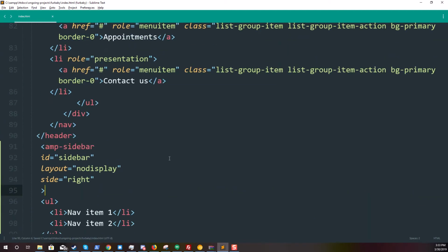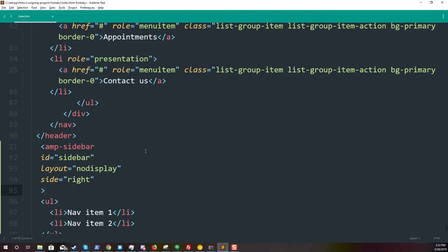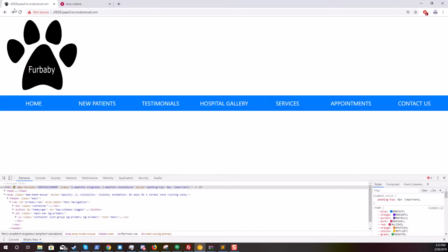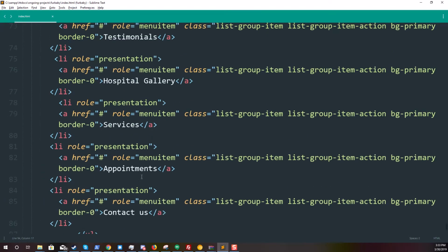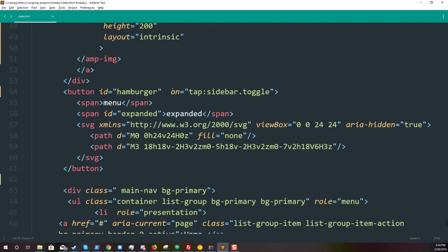Okay, so now we have the sidebar and it's perfectly functional. Everything seems cool. However, we need to invoke it. Right now it is not displaying. If we go back to our site, the sidebar is nowhere to be seen because we're looking at the desktop. And even if we go here, oh, it's actually working. I forgot that I put earlier the triggers that need to be put.